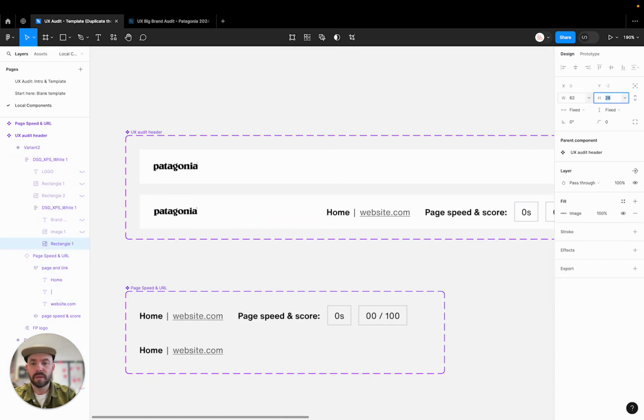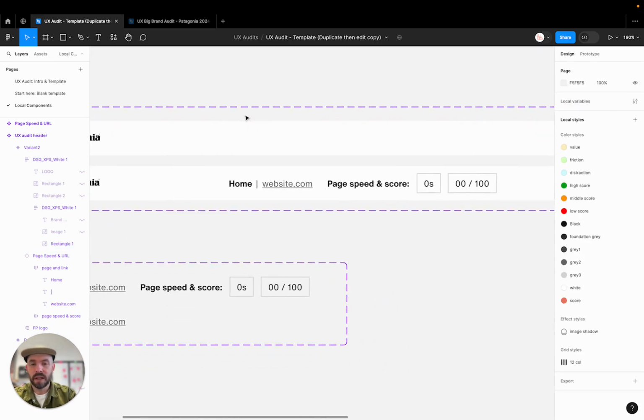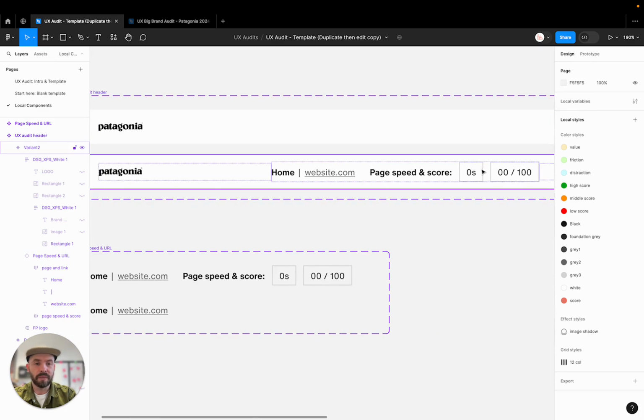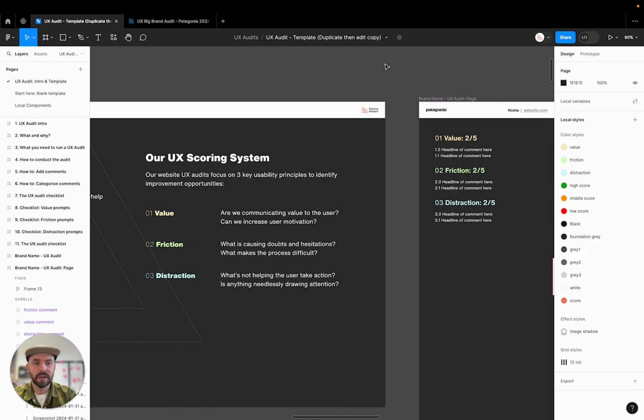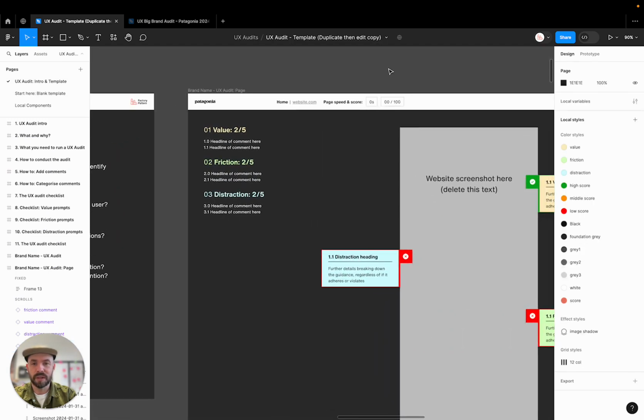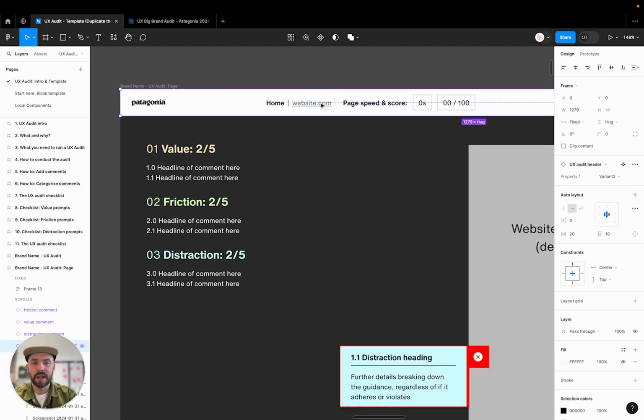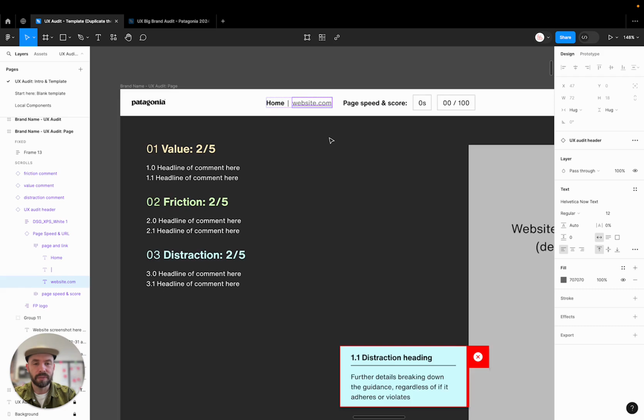Okay, there we go. So we've got our logo in. So that's the first thing. And then we want the website and the page speed and score, that actually gets done in the individual template. So we've got a logo in, so that will just flow across all of the template. And then once you've done that, you want to put the URL in of the specific page, and then the